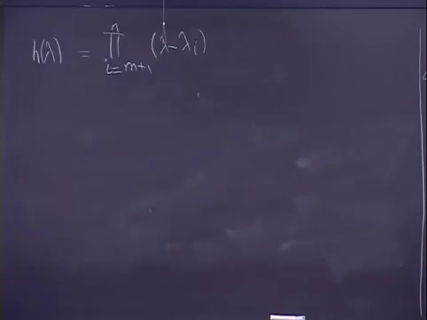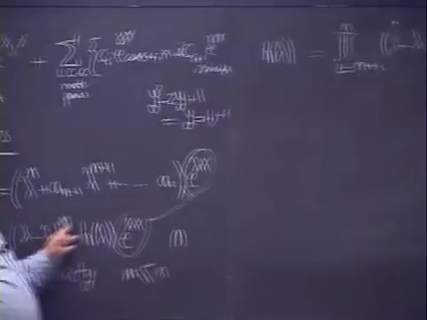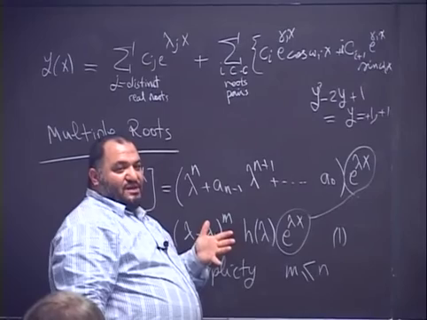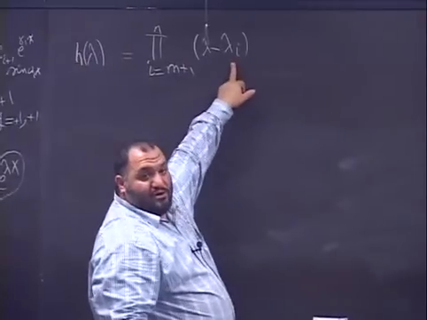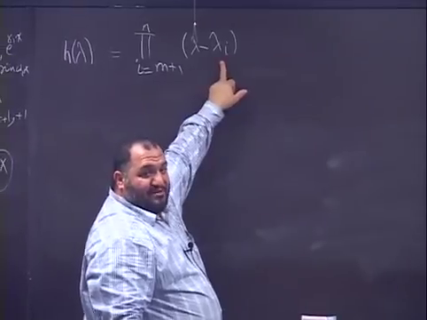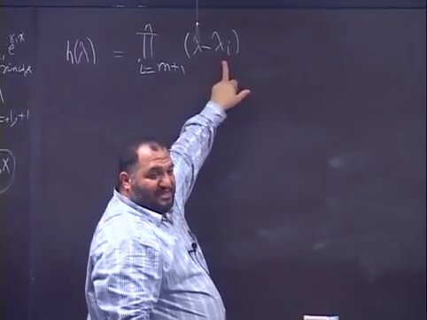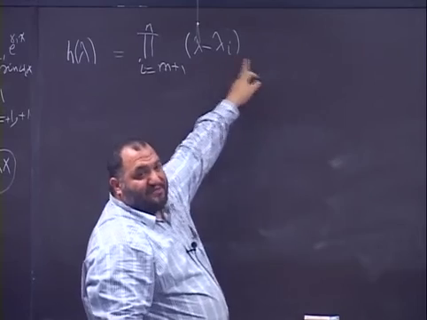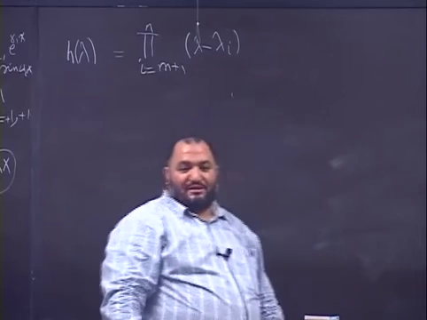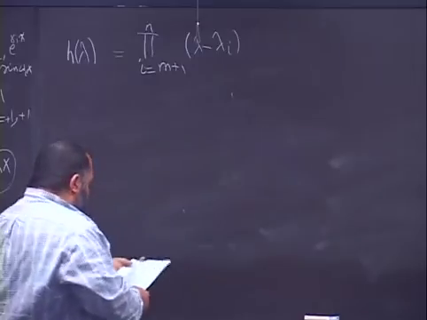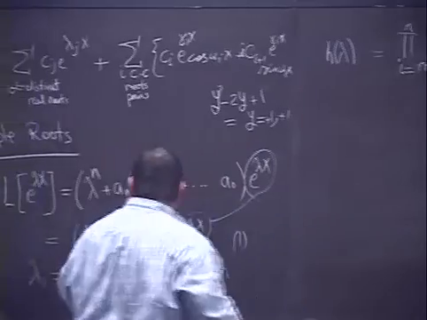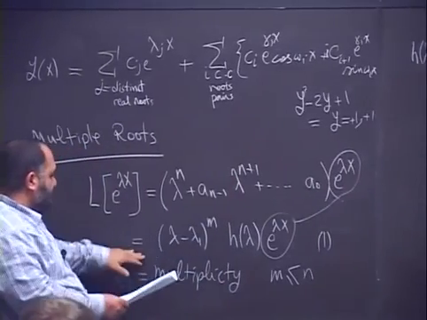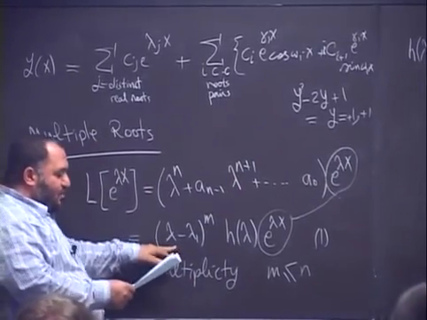So if n equals 10, and 3 of them are multiple roots, you have 7 non-multiple roots. So this will be lambda minus lambda 4 multiplied by lambda minus lambda 5 multiplied by lambda minus lambda 6 multiplied by lambda minus lambda 7 until lambda minus lambda 10. Okay, guys? So now we differentiate the first equation, this equation here,